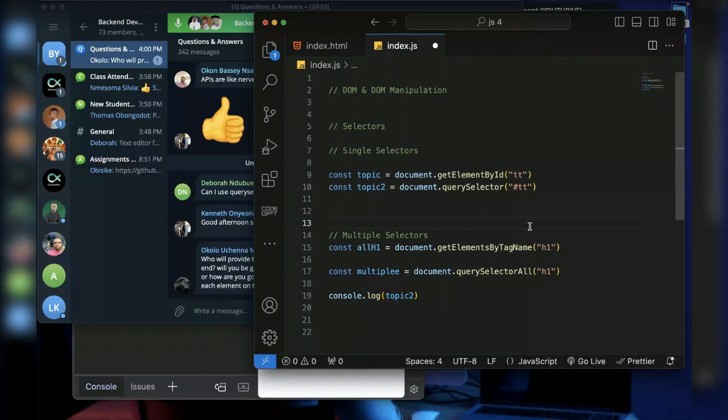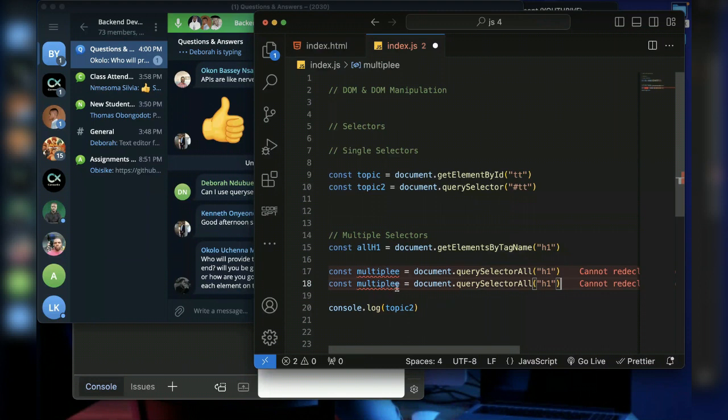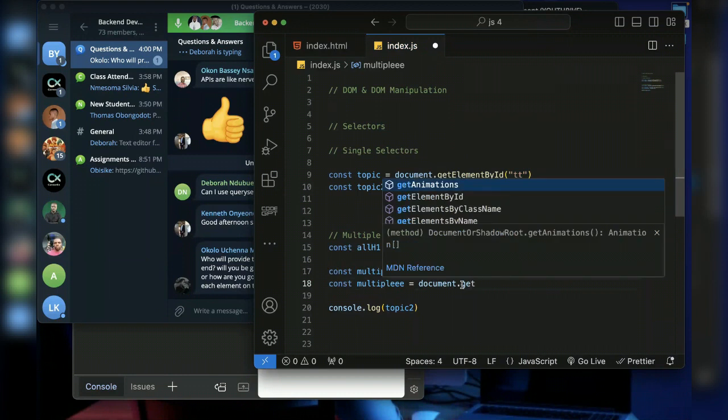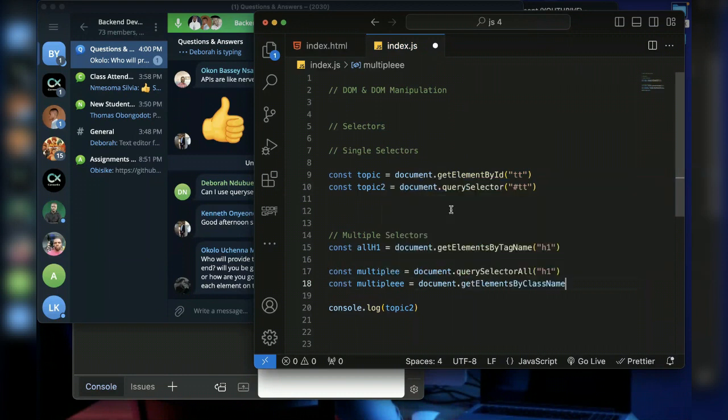Now with this selector, there are other selectors you can use. For example, get element by class name. Now, if you look at it here, I say get element. That is element, multiple elements. So this is also a multiple selector.